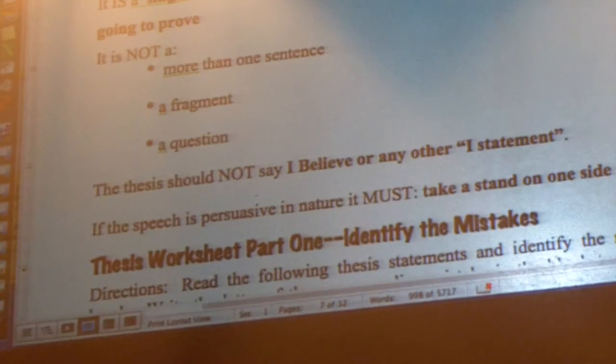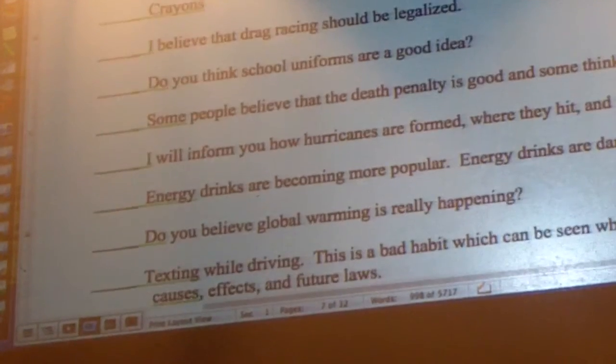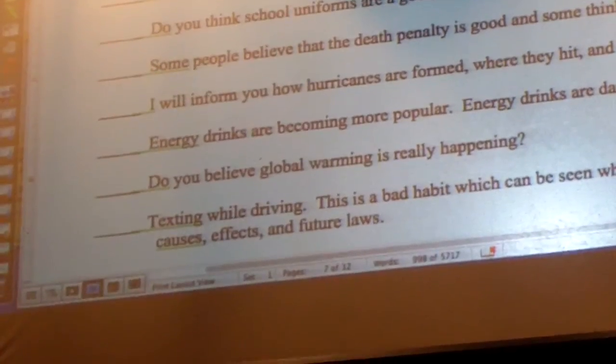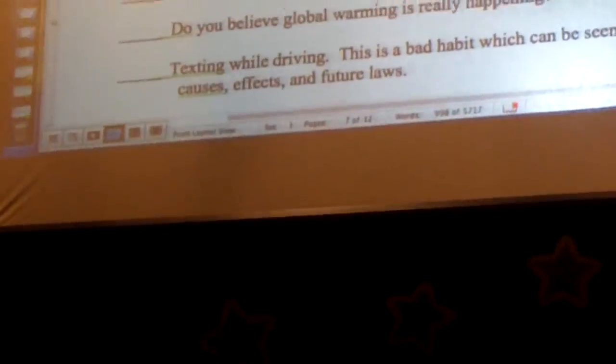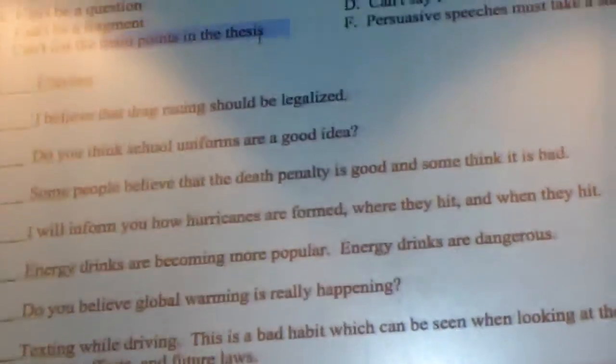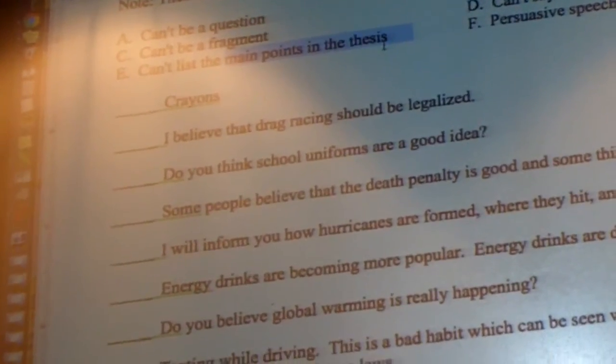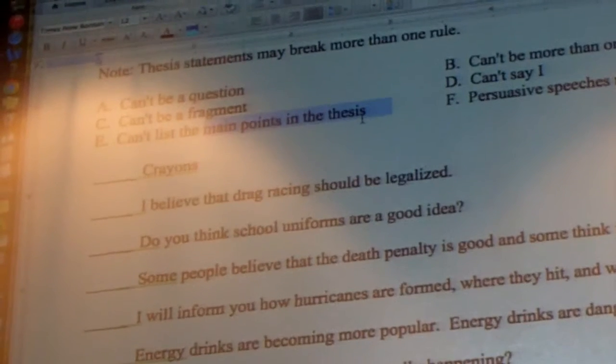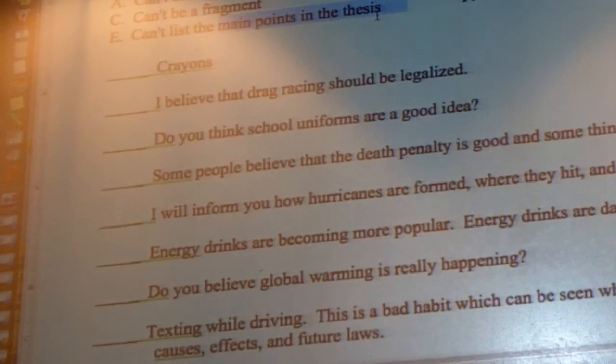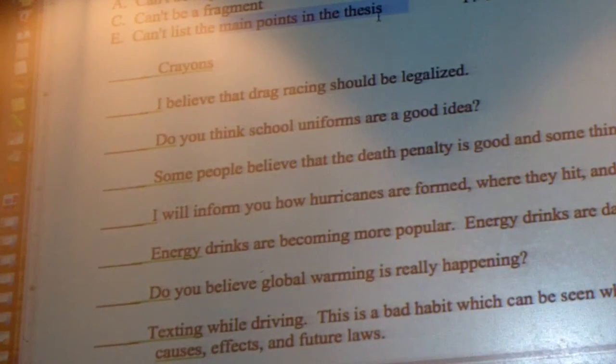Okay? It's not a question, and it does not say I. So if you come down to the bottom, here's a couple of other things. When you gave your speeches about yourselves to me, you had 3 main points. Each symbol was a main point, the 3 things you're going to talk about. Those don't belong in your thesis statement, okay? That's going to be in the sentence I'm going to teach you about tomorrow. You're only going to tell me what you're going to prove, not the things you're going to talk about to